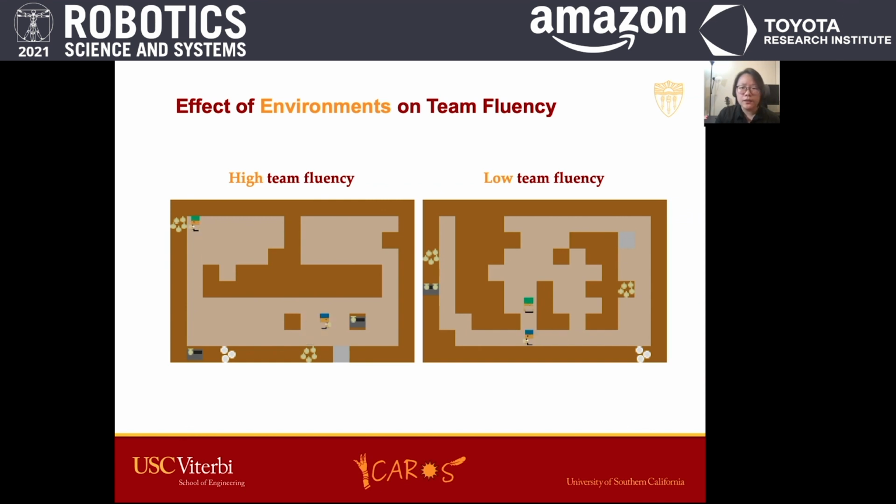On the left-hand side, the environment results in high team fluency and good coordination. You can see that the key objects are distributed evenly around the environment, such that both agents have easy access and can act concurrently throughout the game. On the right-hand side is an environment with low team fluency. You can see that there are narrow corridors in the level, and one of the agents needs to wait for the other agent to finish passing before going to pick up a plate. And do keep in mind that the significance of this demonstration is that in the different environments, both agents actually run the same algorithms. So here we have observed differences in coordination of simulated agents, but what about real users?